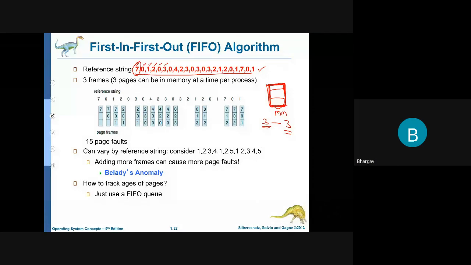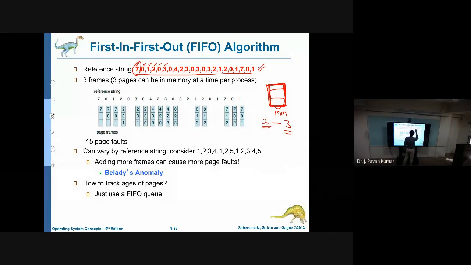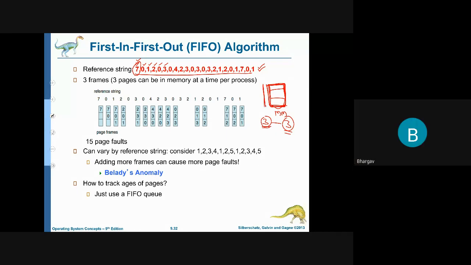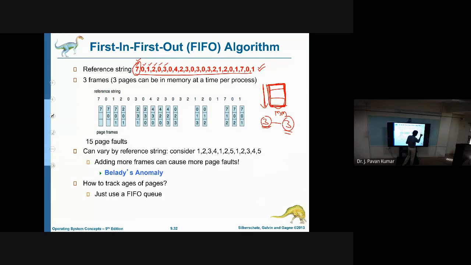Sure, sir. Yeah. See here, this is the reference string. In this particular order, we will be referring the pages. In the main memory, we have 3 frames. So maximum 3 pages only we can have in the main memory. So now we will be checking one by one. You see, seventh page we want. Are we having the 7th page in the main memory? Yes, sir. In the main memory, these frames we are assuming as empty. Okay, we don't have any pages. So the 7th page is also not present in the main memory initially. So this is a page fault, isn't it?